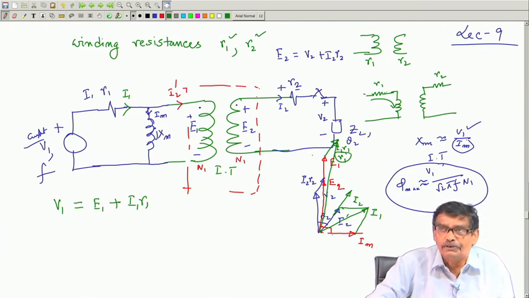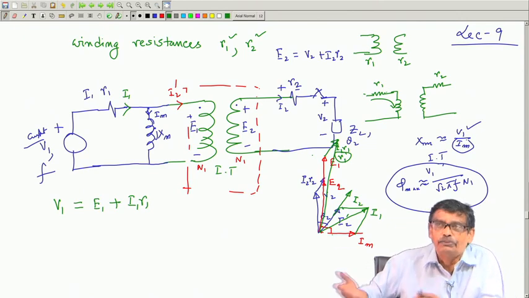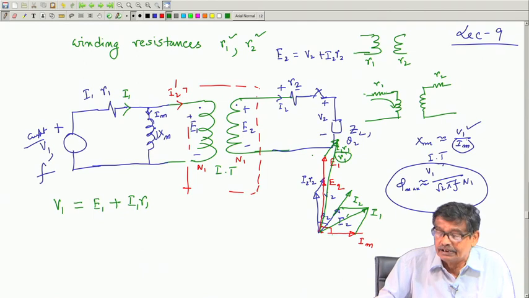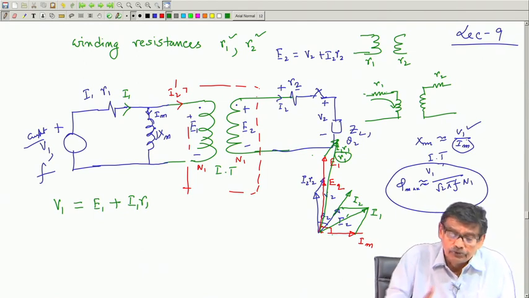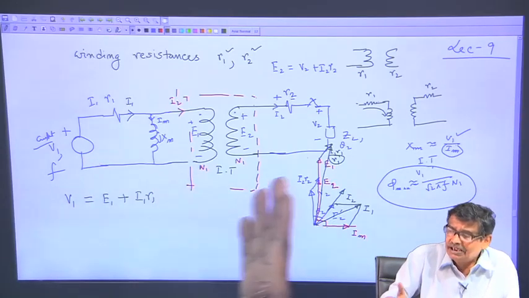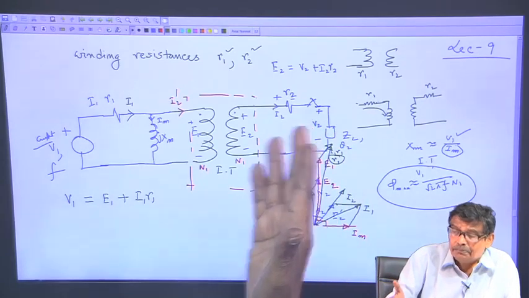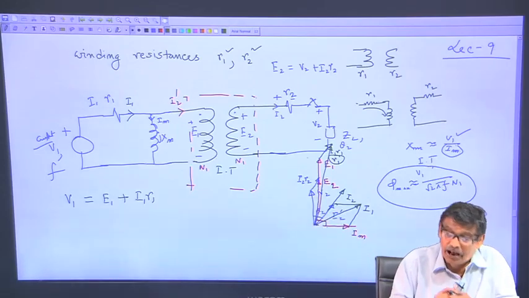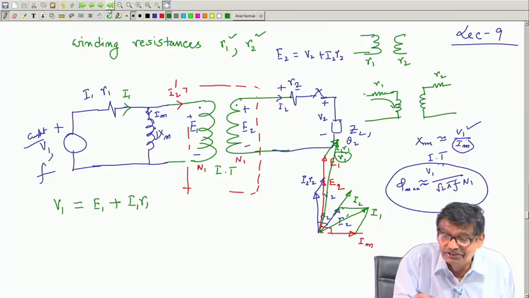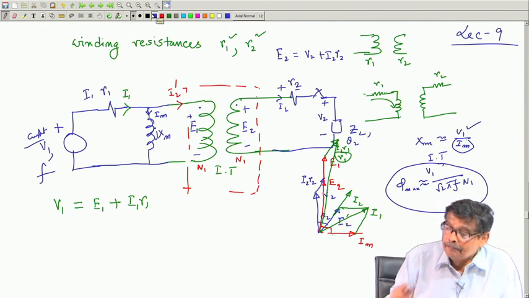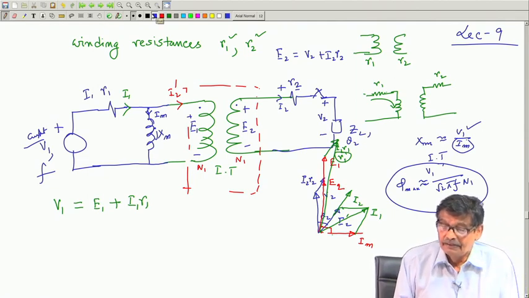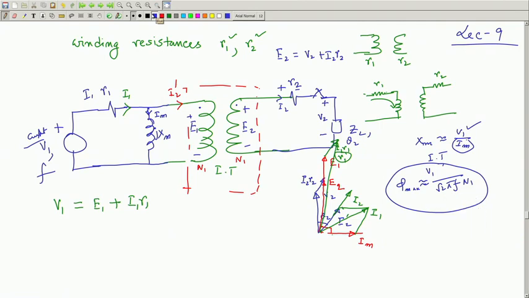See, life will not be so much complicated as we proceed, but what I am telling is exactly how to draw the phasor diagram. I could start with V1, but it is better to start with the current, because the primary current drawn is decided by the load, it is much easier. So, I will quickly go through these steps so that you can understand. Suppose the switch is closed. I will clean this and once again redraw.